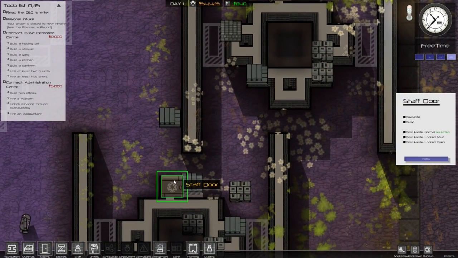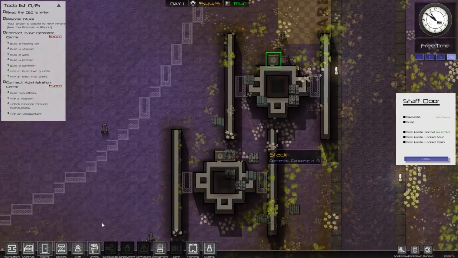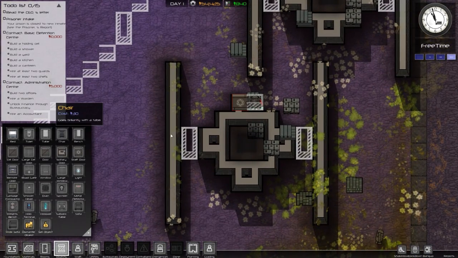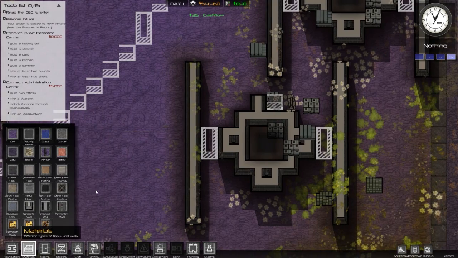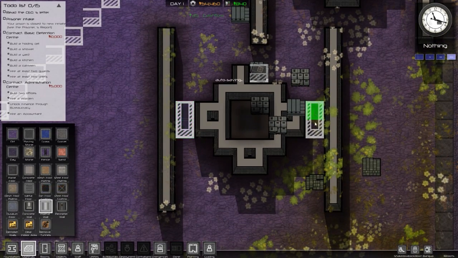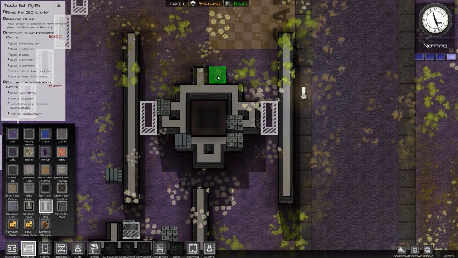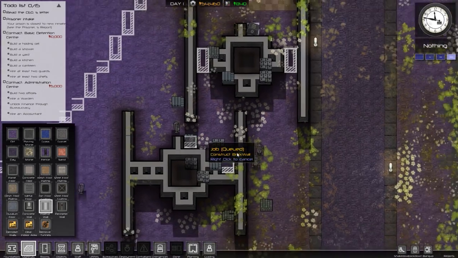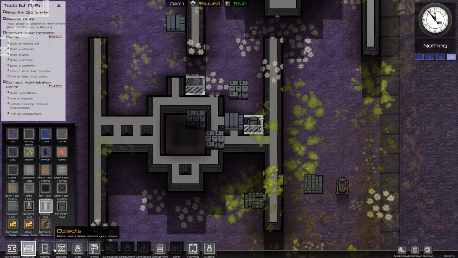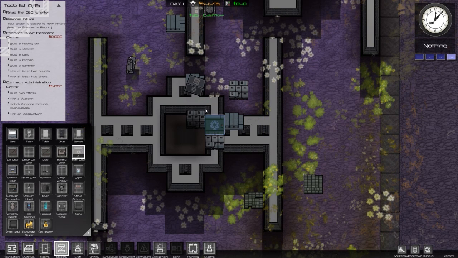Okay, so let me dismantle that door and dismantle that door. There we go. And then what we need is to go to materials and then back to our Imperial wall. Put some Imperial walls here. There we go, and Imperial wall is already there. Where's the best place to put a door? I'm going to have a double door of some kind, aren't I? I'm going to put the walls back in here, just so I can roughly figure out what it's going to be like. I think if we put staff door...